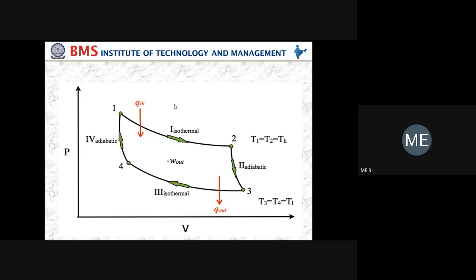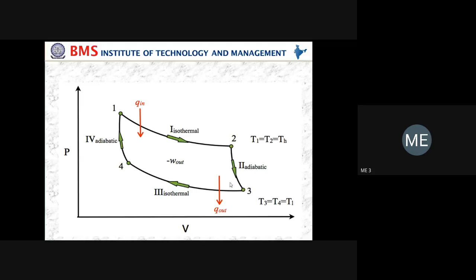So why? You see, we are having two processes: one is isothermal expansion and one is isothermal compression. Whenever you take a heat engine, suppose you start the engine at a particular speed, the same speed will continue for the entire operation. Means for all the four operations, we are not going to change the speed of the engine. Suppose the engine is running at 1500 rpm, then until all four operations are done, it should run at 1500 rpm only. We cannot change the speed in between.